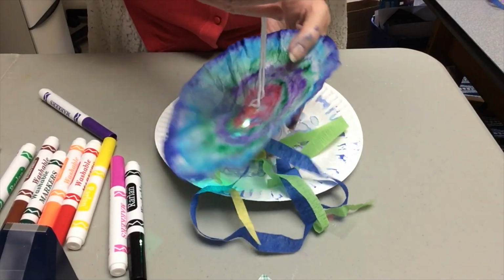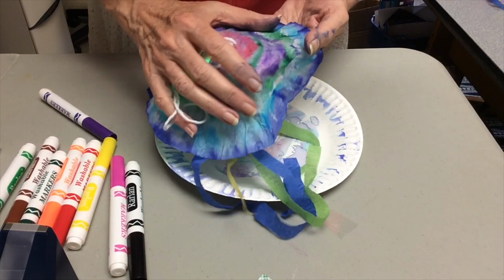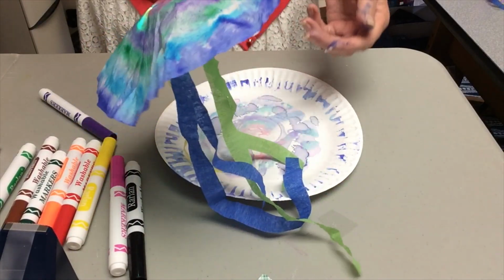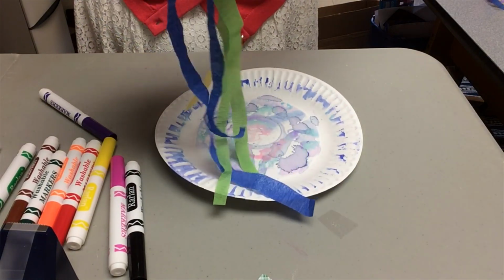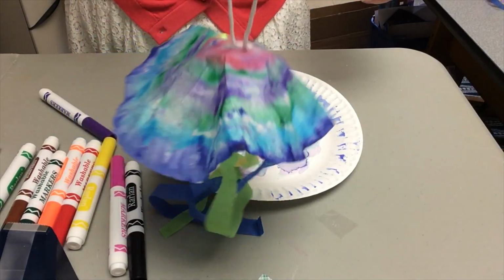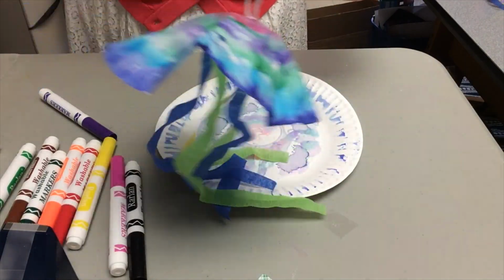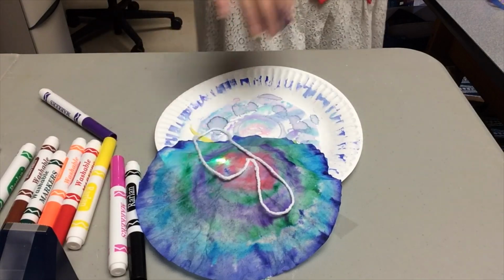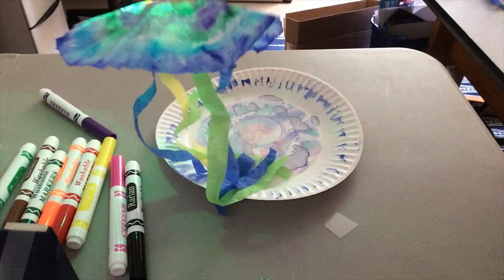Okay. All right. I am going to push back down. Let's see how that jellyfish is looking. Oh, it's looking really wonderful. Let me go turn the light off and then we can see it better. Here we go. What a fun